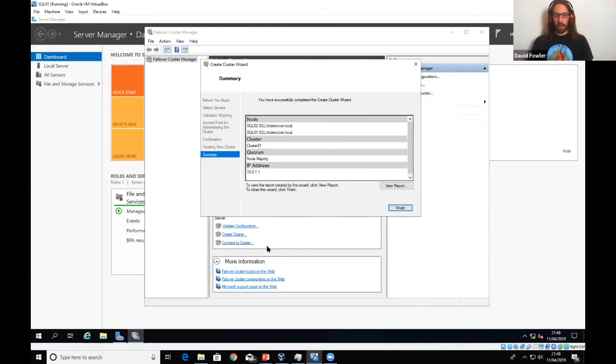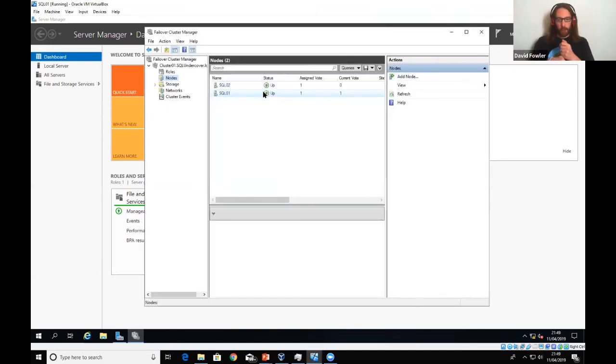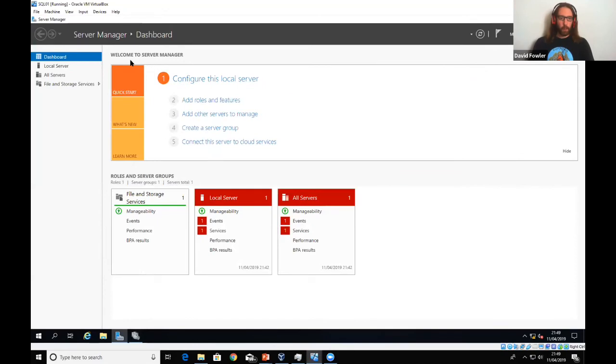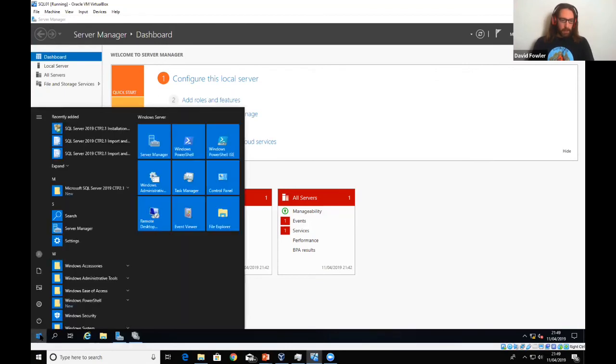So there we go. What have we done? We've built ourselves a domain controller, we've built ourselves a domain, we've set up 2 SQL servers, and we've now set up a cluster. So now we've got that, we can go and set up our availability groups. There's a little bit of configuration we need to do now to allow our SQL servers to be joined to an availability group. If we come down to our SQL configuration manager,